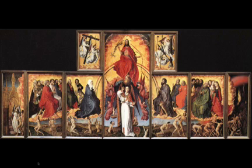It's made out of several different panels that were meant to be folded closed when the altarpiece was not meant to be viewed, when the Mass wasn't being performed, or when it didn't need to be viewed for other reasons. And it was made for a special location. That's right. It was behind the altar of a hospital chapel in Beaune, France,